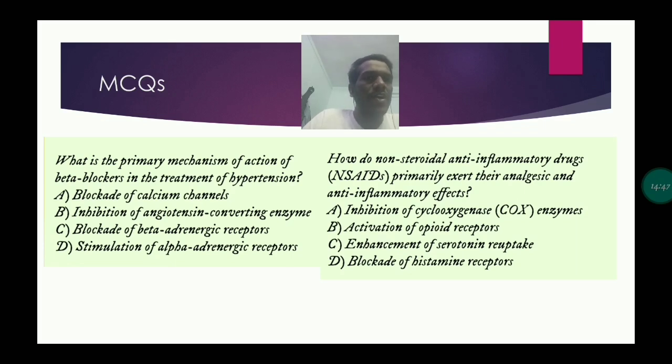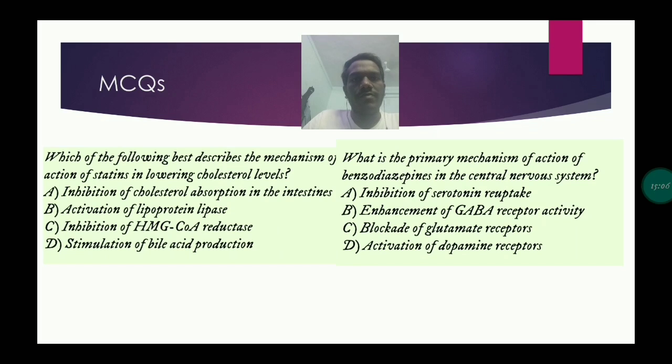And second, how do NSAIDs primarily exert their analgesic and anti-inflammatory effects? Option A, inhibition of COX enzyme. Option B, activation of opiate receptors. Option C, enhancement of serotonin. Option D, blockage of estrogen receptors. That was the second. So third, which of the following best describes the mechanism of action of statins in